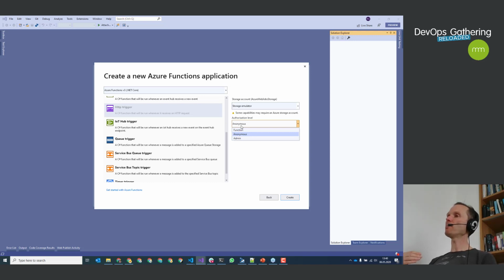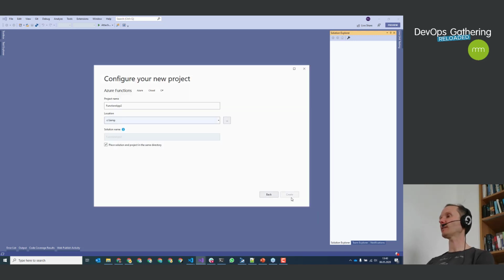If you would like to use a more elaborate authorization and authentication scheme like OpenID Connect, you would go for anonymous, and then you would use the Azure Portal that you have showed before to configure, for instance, Azure Active Directory integration for OpenID Connect, or you can use OpenID Connect and implement the necessary protocol inside your function. Okay? Again, I don't have a lot of time here. I will go for anonymous to keep things simple, but I wanted to make sure that you understand your options: API keys or OpenID Connect.